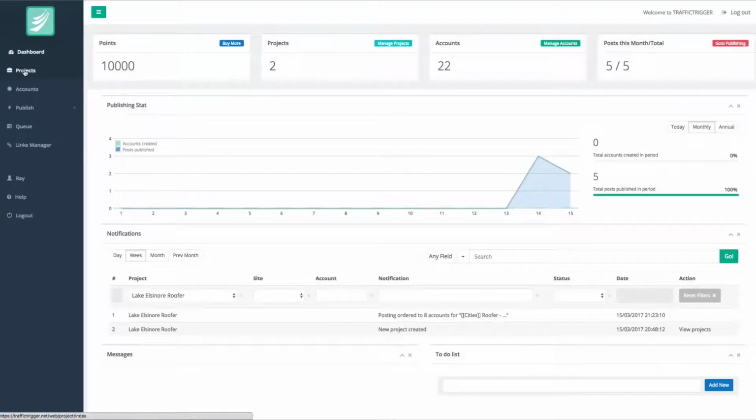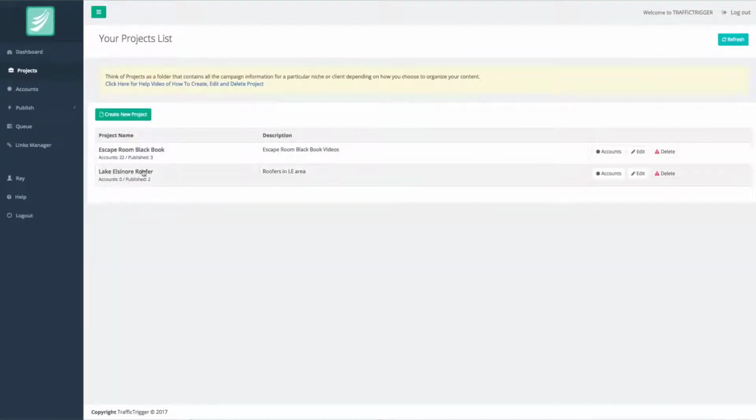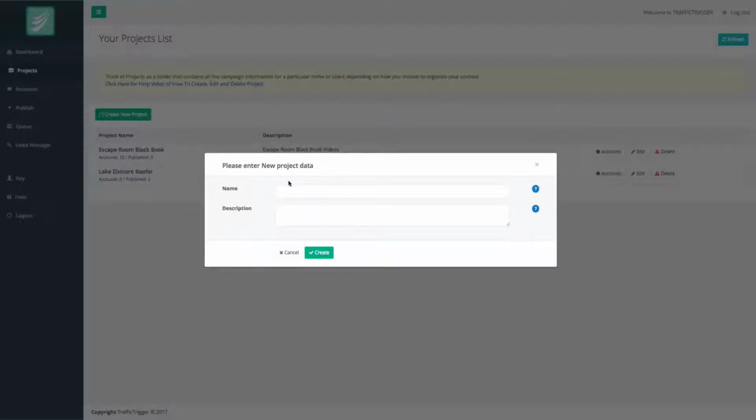So we're going to start off by heading over to projects. The way this works is you start off by creating a new project. You can see I've got a couple of different projects in here already, one for Escape Room Black Book and one for Lake Elsinore Roofer. And what we're going to do is start a brand new one. Once again, we're going to do a roofing video. This time we're going to call it San Diego